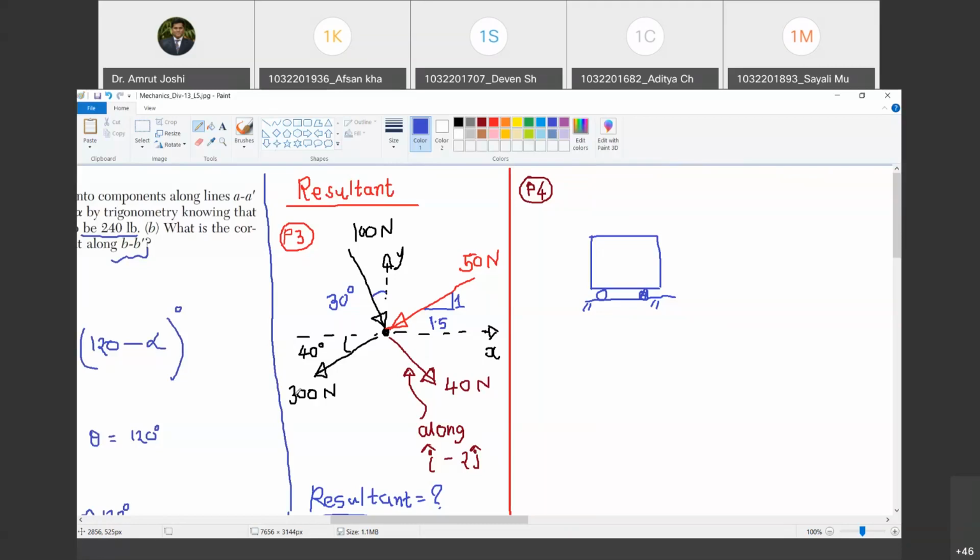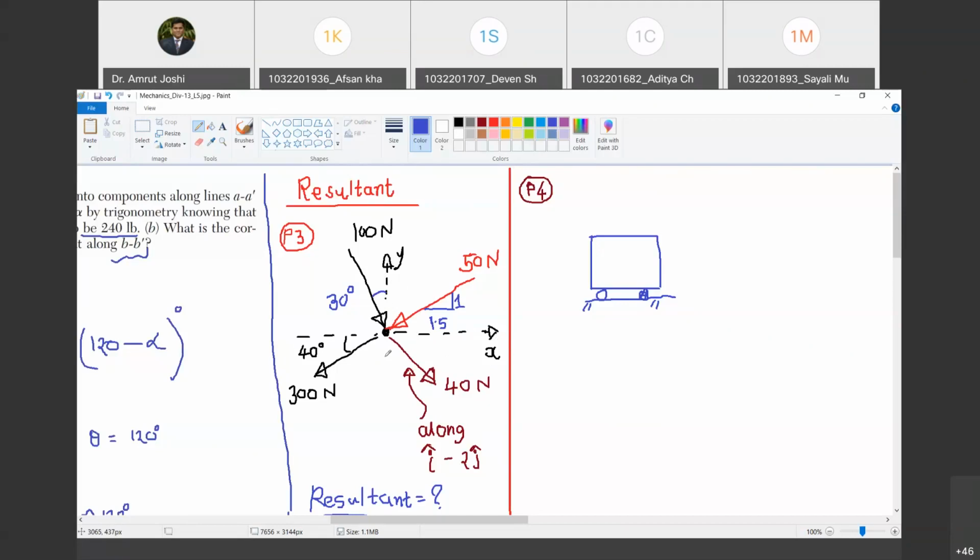There is another way. I will resolve all these forces along two orthogonal directions which are already shown here, x and y. Are you with me? Yes, sir. I will resolve all these forces along x and y directions. I will add up all the components in x direction. I will add up all the components in y direction. The addition of components in x direction, I am going to call it as x component of the resultant, that is Rx. Are you with me? Yes, sir. And addition of y component of all the forces, I am going to call it as y component of the resultant, and that is Ry. Happy?